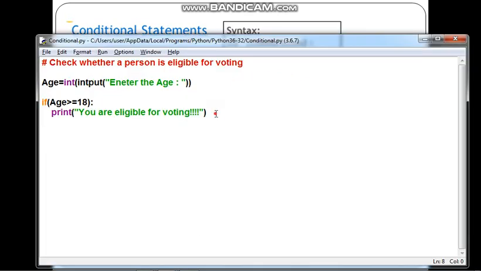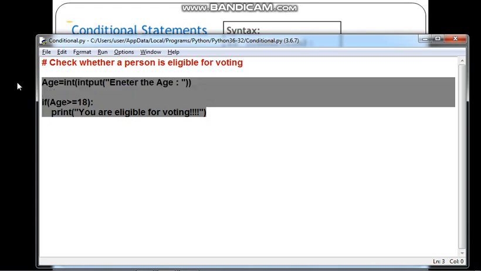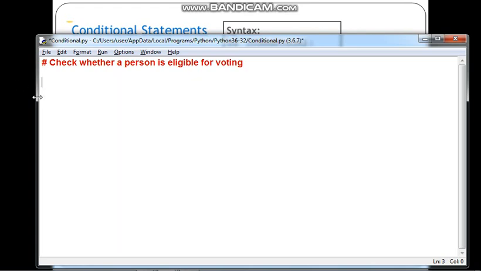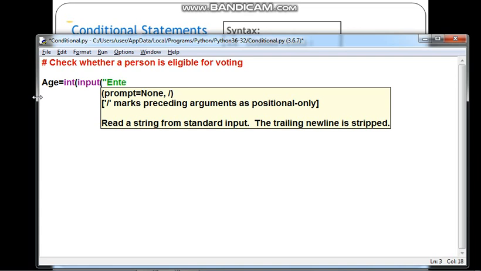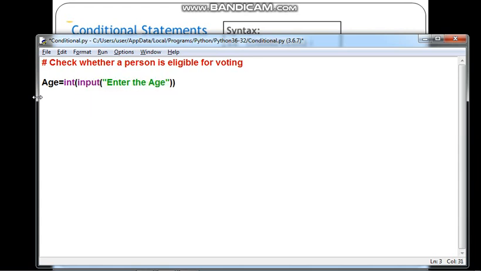We are taking a variable age, and let's input that age. Input, bracket, let's give a message, enter the age. That is converted to integer.